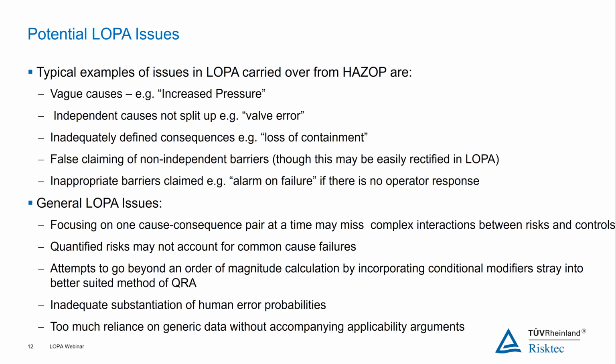This last slide here that we've got is just some of our experience, some typical or potential issues you may have with LOPA, or with HAZOP that can cause issues within LOPA. Vague causes is a common one. If the HAZOP has captured increased pressure as a cause, you're not easily going to be able to define what the frequency of that initiating event is, because increased pressure could come from many different scenarios, and